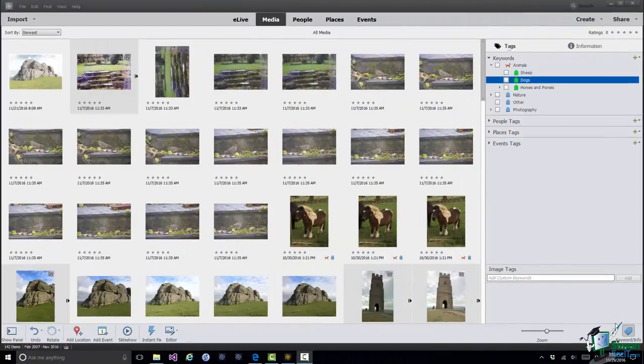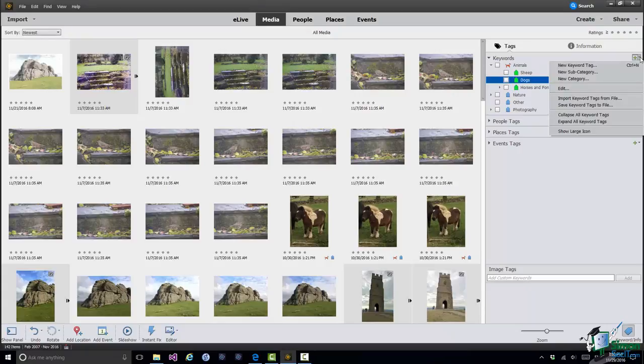And one very last point to mention here, let's suppose you spend a long time setting up a really nice structure that you really like. Maybe one of your friends looks at it, say just the animals part, and says, that's a very good structure, I think I'm going to set up the same. You can save that person having a heck of a lot of work to do instead of setting this up in PSE 15. One of the options on the drop down there is save keyword tags to file, and that will allow you to save your whole